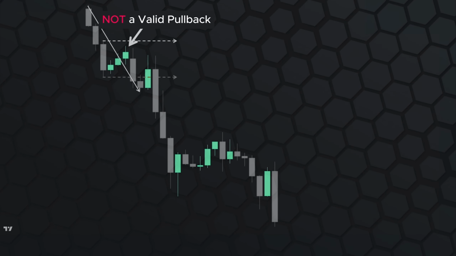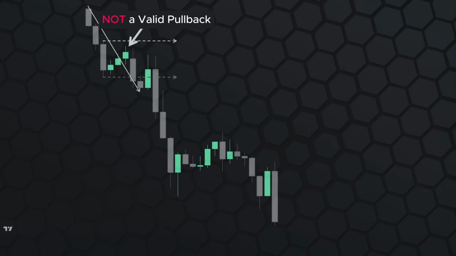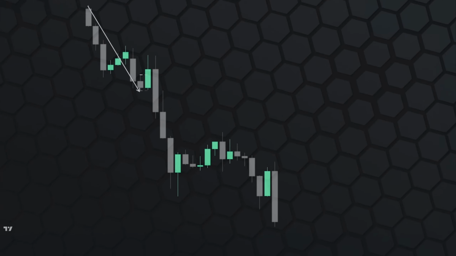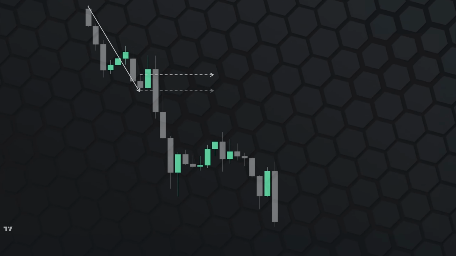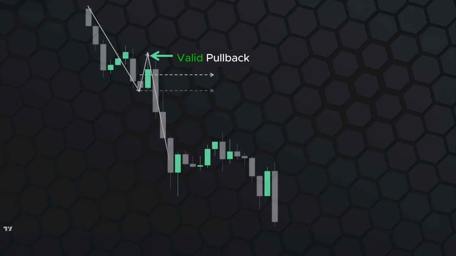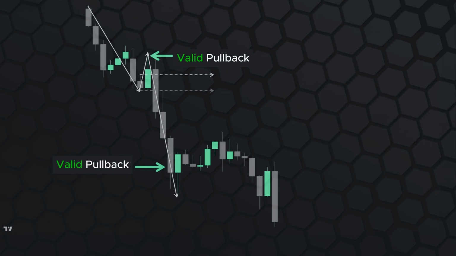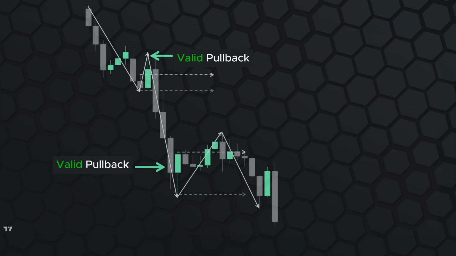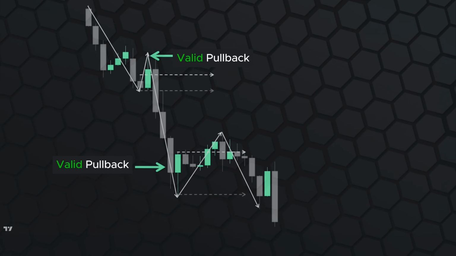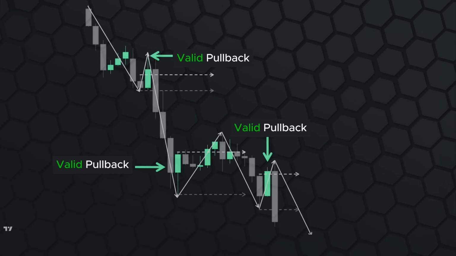To confirm a valid pullback, the price must break or sweep the liquidity below the latest candle created just before the temporary pause. In the following, we can see that price has broken the high of this candle and then continued to its primary direction, so we have a valid pullback here. Similarly, we have another pullback, as price has broken the highest point of this candle, which was the latest high, before the temporary pause. Subsequently, we have another valid pullback created by this bullish engulfing candle that has broken the highest point of its